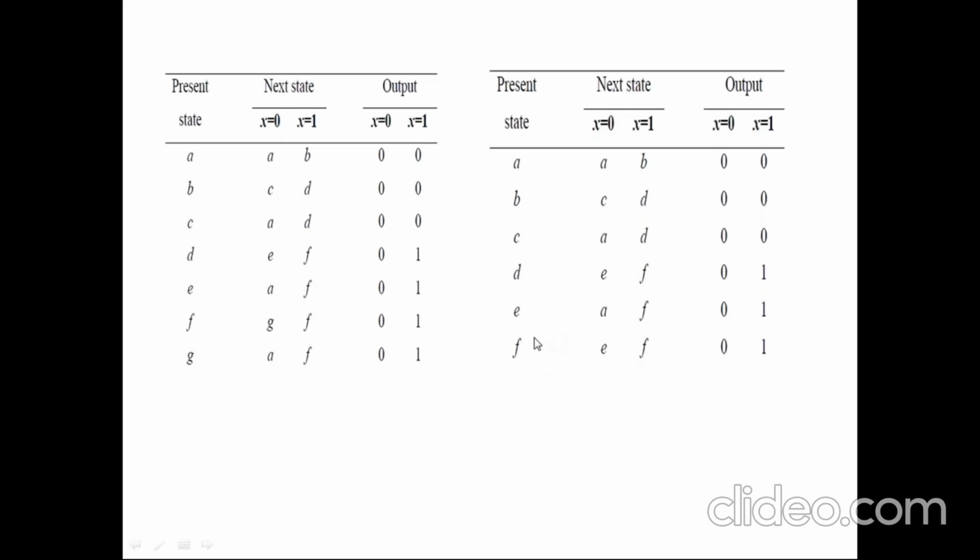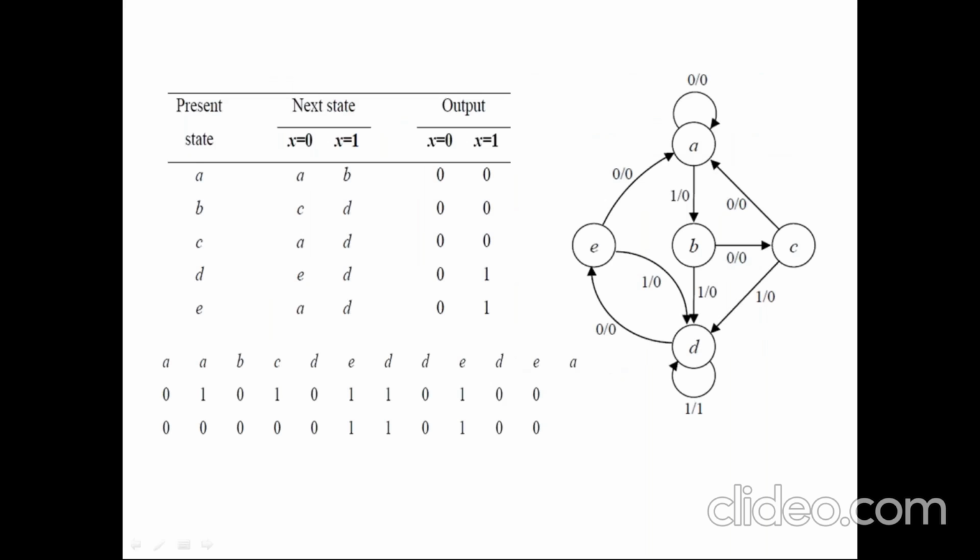You compare D and F. In D and F, if you see, EF is available. EF is producing the output 0 1. Therefore I can combine D and F together so that I can replace all F's with D. Wherever F is there in my state table, I change it to D. So after the reduction, if you observe, all the F's were combined as D.